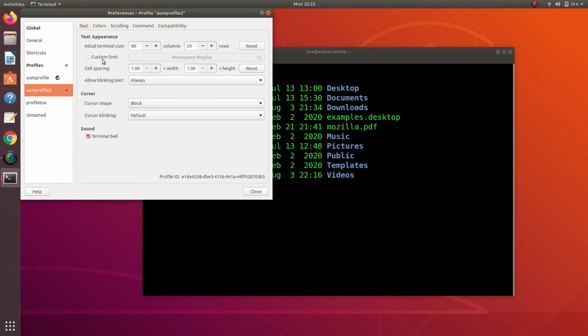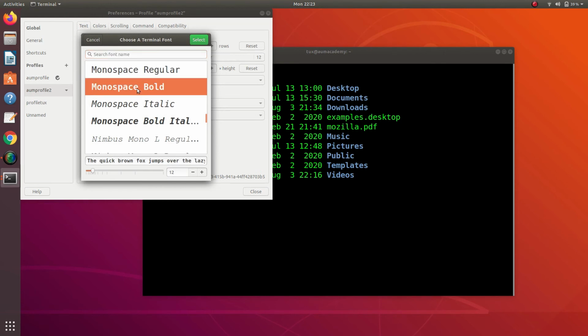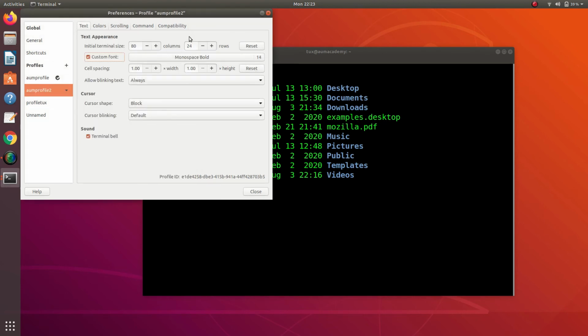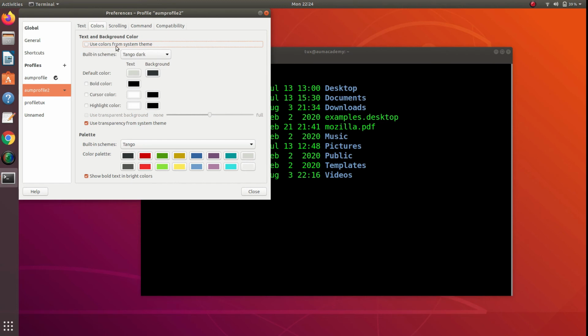In the Text tab, change the custom font to Monospace Bold and increase the font size to 14. Select. In the Colors tab, change the built-in scheme to black on light yellow.